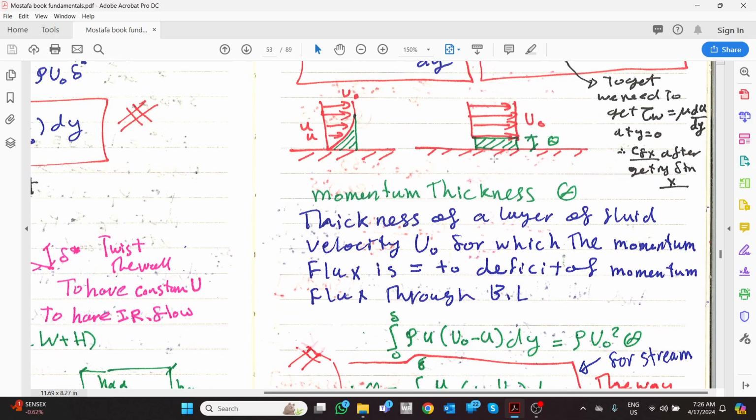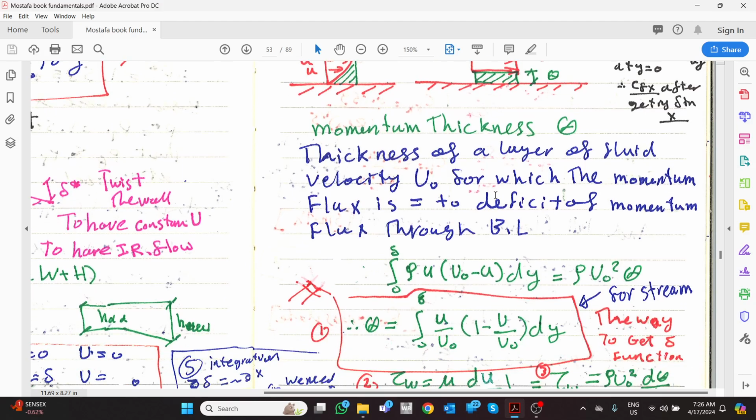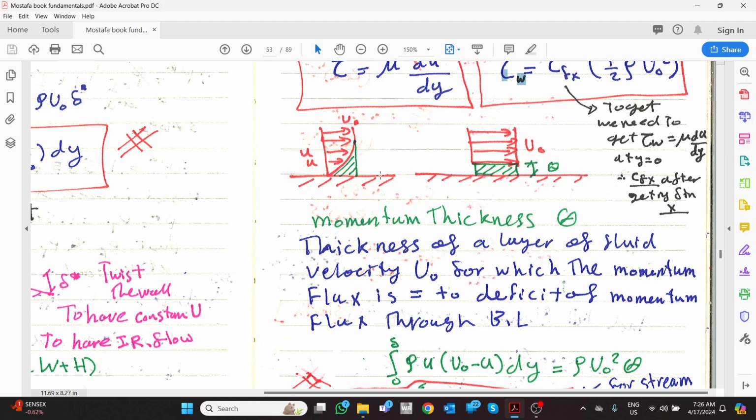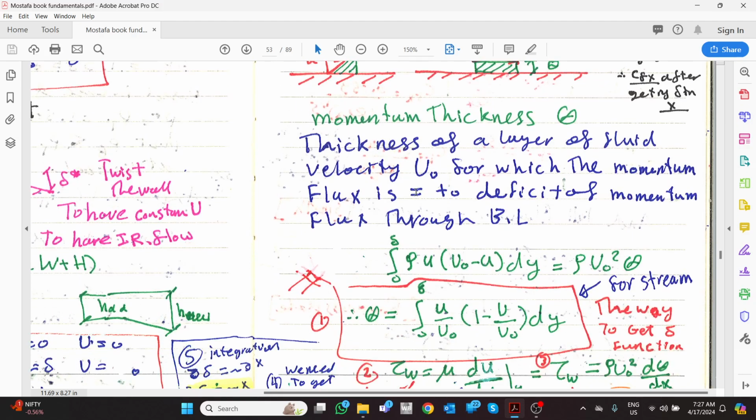Why do we need to make this manipulation? It is very simple. It is equal in momentum, because imagine this one is giving an adverse momentum and this one is giving an adverse momentum. Both are equal because both areas are equal, since in this one there is no velocity and in this one there is no velocity. So I can write